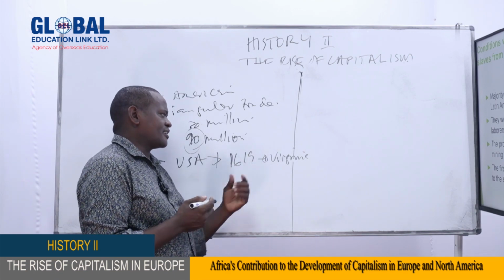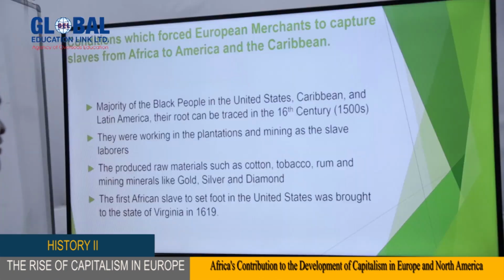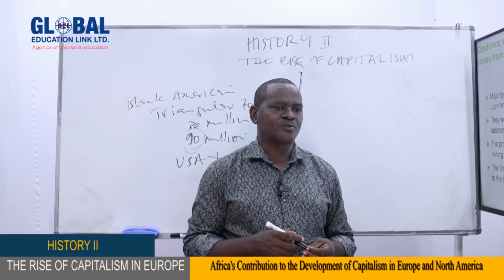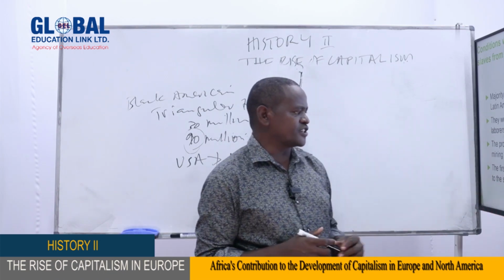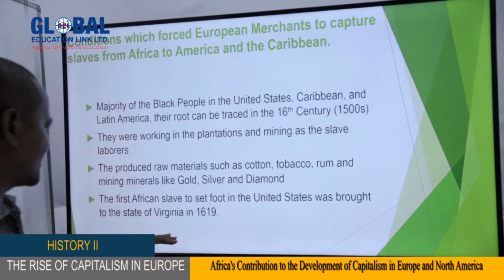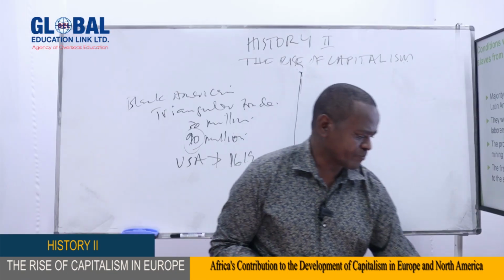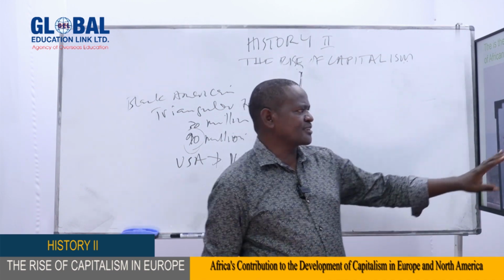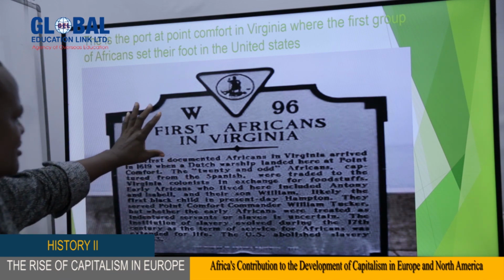And so those slaves were brought there by the British after the British ship attacked the Portuguese ship, which was in fact scheduled to go to Veracruz in Mexico. Those people were taken and brought to Virginia, and that marked the beginning of slavery in the so-called United States of America. My dear students, as you can see, this is the place where the first group of black